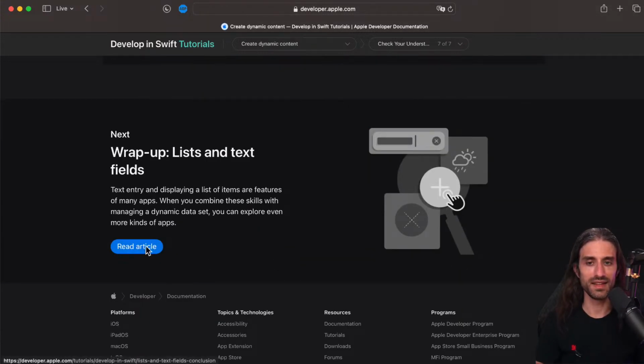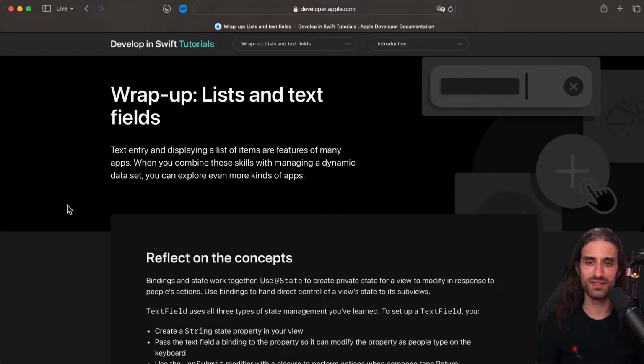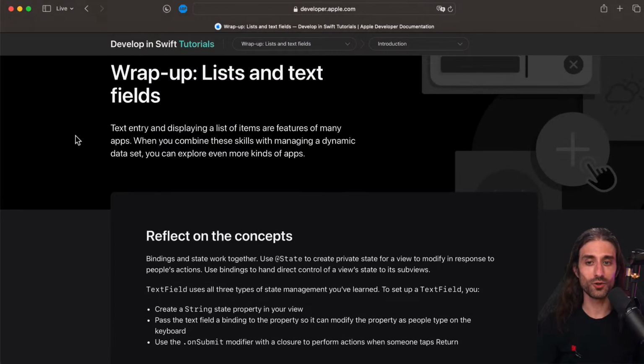All right, let's read the wrap-up, and then we will be done with this tutorial to get started with iOS. So the wrap-up on lists and text fields. Text entry and displaying a list of items are features of many apps, and virtually any app offers this kind of feature. When you combine these skills with managing a dynamic dataset, you can explore even more kinds of apps.